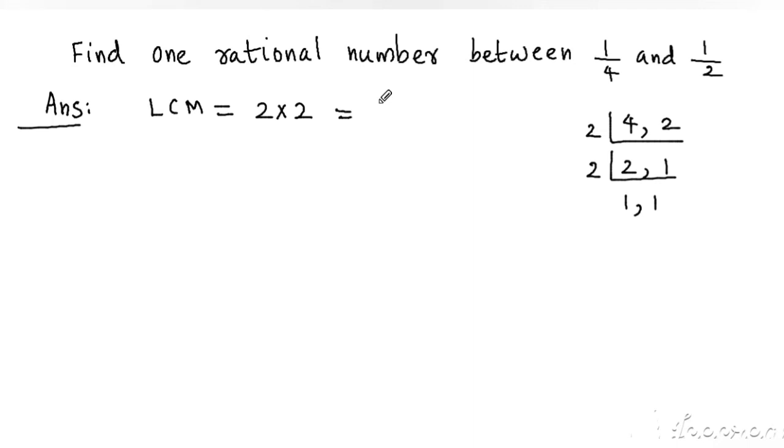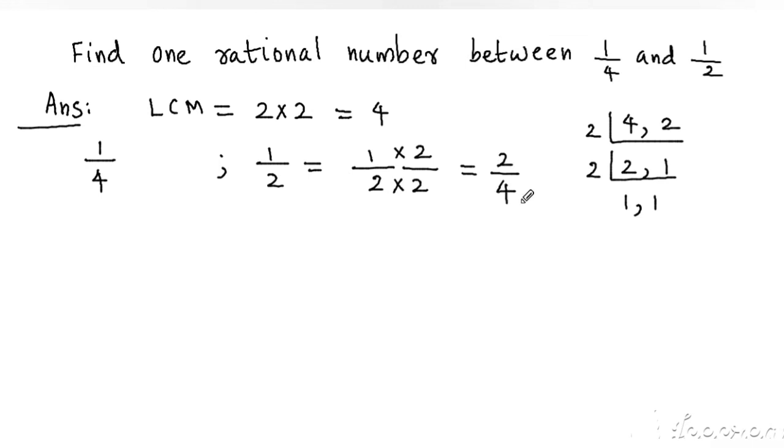So you have to write 1 by 4 and 1 by 2 with denominator 4. In case of 1 by 4, the denominator is already 4, no need to convert that. Then we have to make the denominator of 1 by 2 to 4. So multiply the numerator and denominator by 2, you will obtain 2 by 4. So you can see the numbers are 1 by 4 and 2 by 4. There are no numbers which lie in between. We will not obtain a rational number between 1 by 4 and 2 by 4 by using the LCM method. So you have to take any other common multiple of the denominators 4 and 2.